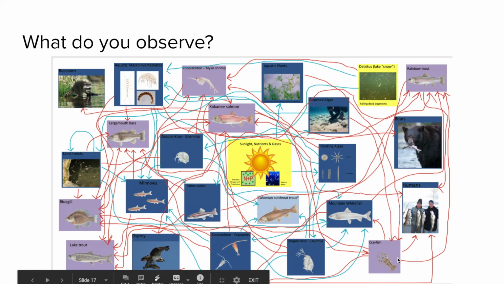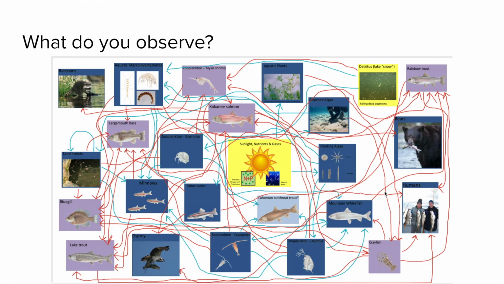Although it gained 1 prey source, the crayfish, you can see 1 new arrow is pointing towards it. 2 arrows are pointing away. So what do you think that might mean about the population of the mountain whitefish? Now that it has 2 new predators and only 1 new prey, is it still a top predator? No. And will its population go up or down?